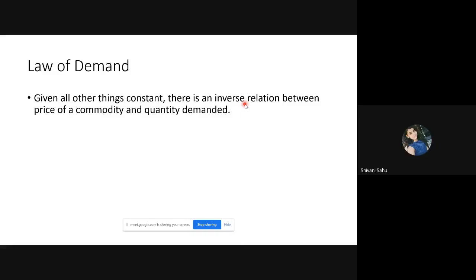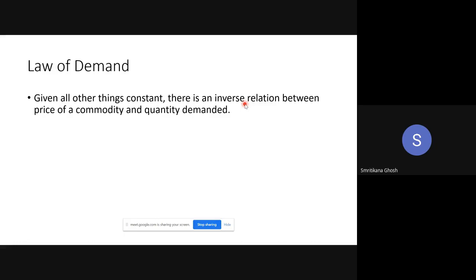It is also, no? No, ma'am. It is also. Look, what I am telling, ma'am, is that we are not stating that it is vice versa, and all the other things are constant. Yes, that is true. But actually, generally, people are saying it like this. This is a common mistake. I'm not telling you are doing this, but it is a common mistake. They are saying, okay, all other things are constant and the price is increasing, demand is falling. This is called the law of demand.